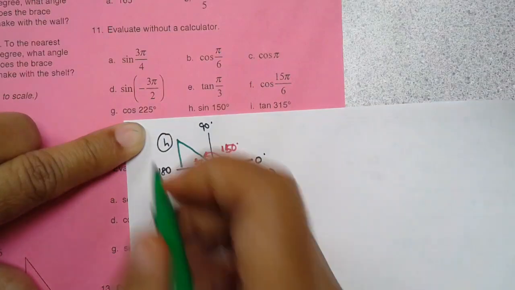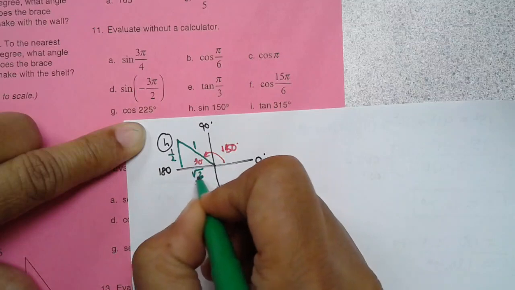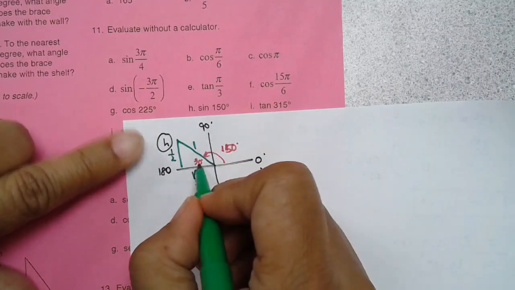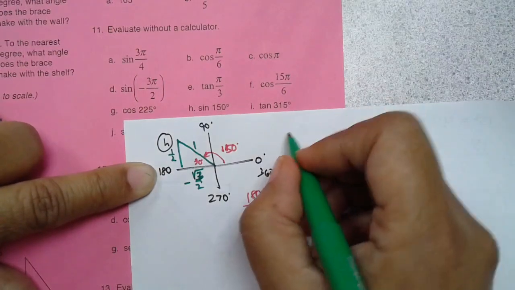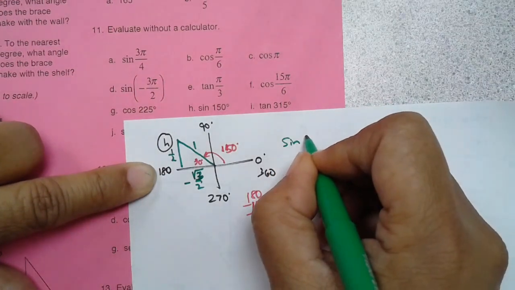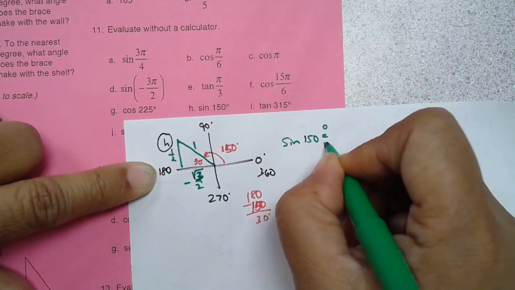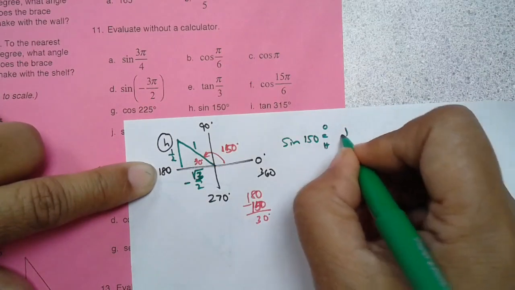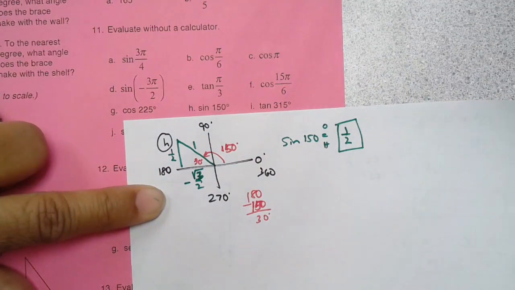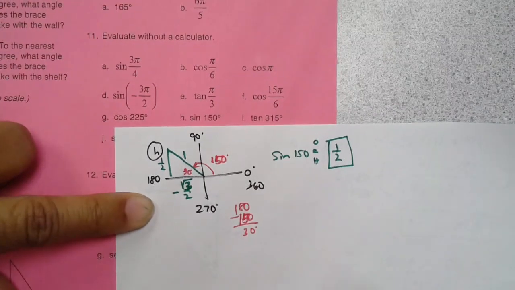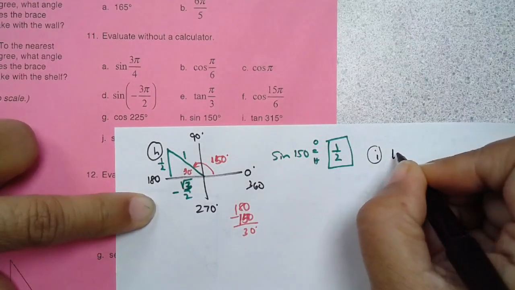So 30 degrees across from that is 1/2. This side is root 3 over 2, and then that's a root 3. And this side is negative, this is positive going up. We're trying to find sine, and sine of 150 is going to be opposite over hypotenuse. Opposite of 30 is 1/2. Hypotenuse is 1, so dividing by 1 still leaves you with 1/2. And J, I, you want to do tangent of